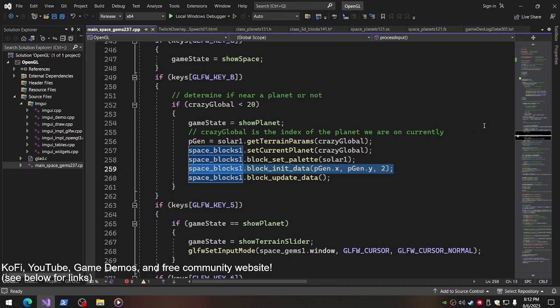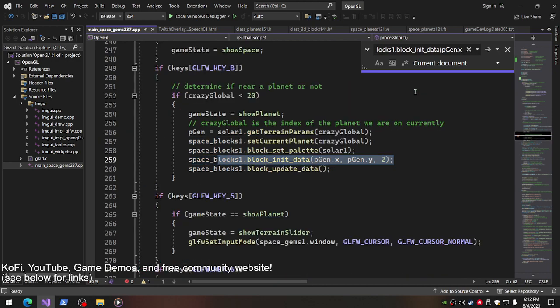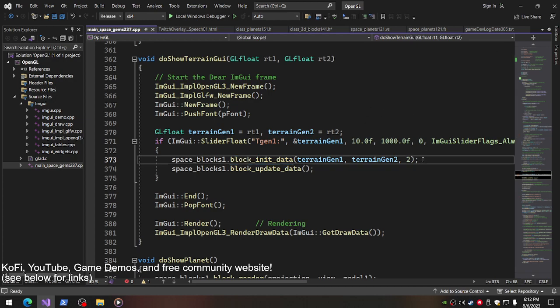What was the other time? Hold on. Let me search for that. And, oh yeah, when the slider is used. Okay, so when the slider is used, we definitely want to,